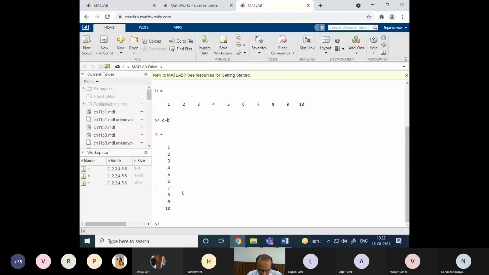These are all MATLAB variables. You can also create a scalar variable, like D equal to 3.05. So this is a scalar. So scalar, vector, which may be a row matrix, column matrix, or matrix, right?